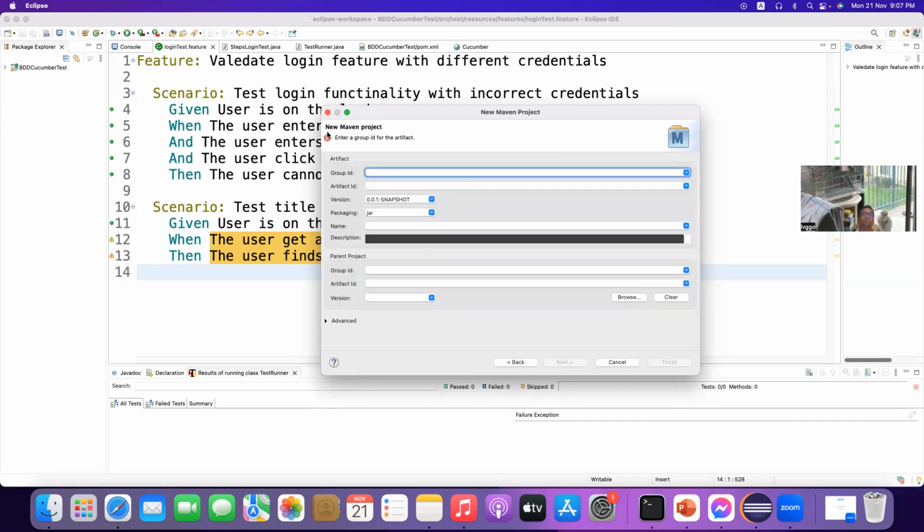Now, new Maven project, enter a group ID for the artifact. Group ID is the application you are going to test. We are going to test facebook.com. Yeah, you have to write it reversed: com.facebook, not facebook.com. First you have to write com, then the name of the application, Facebook. Okay,